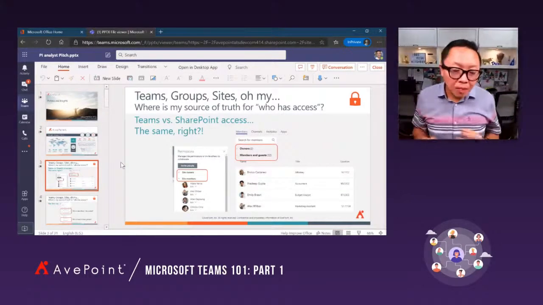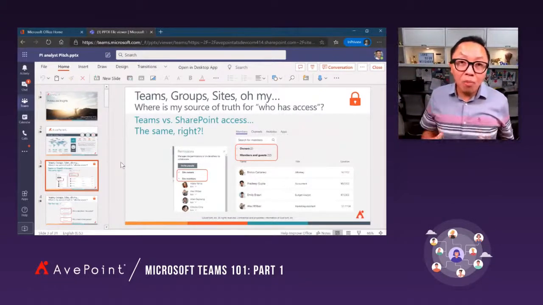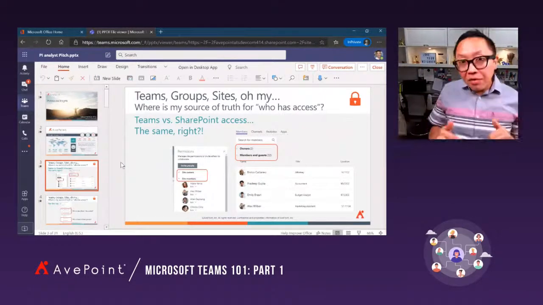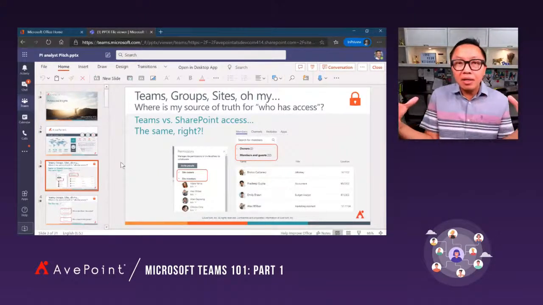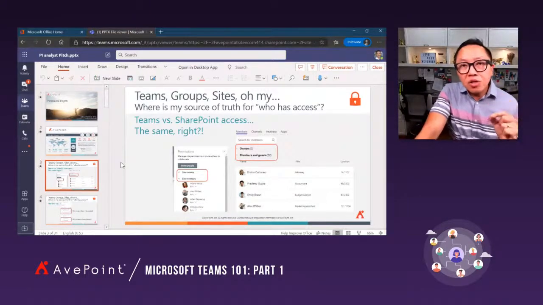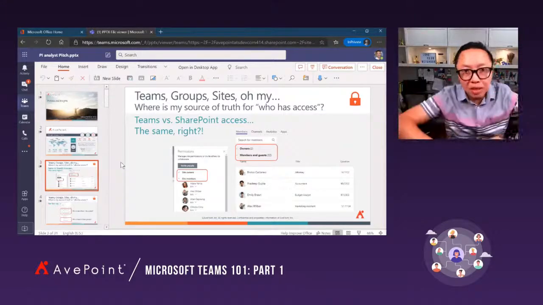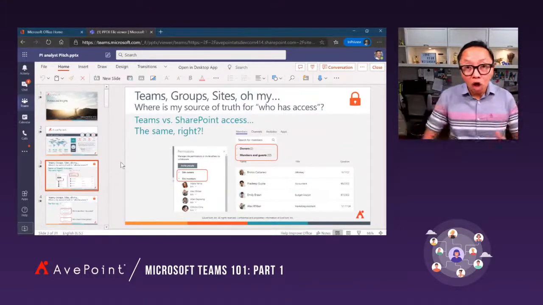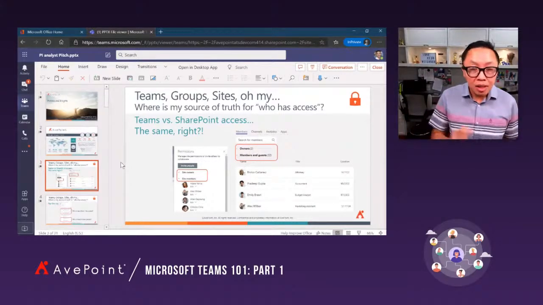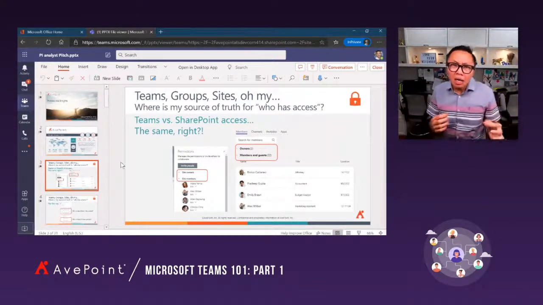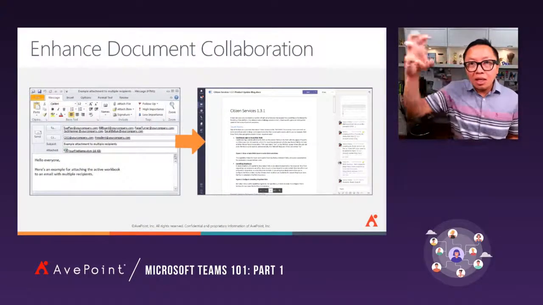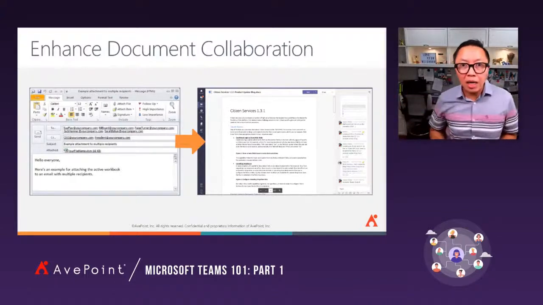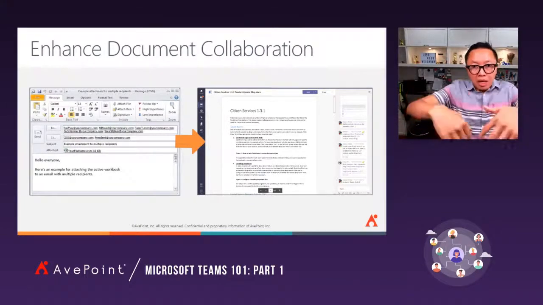But here's the cool thing. Since this PowerPoint document is living in SharePoint, which I mentioned earlier powers content services, it has a feature called co-authoring. It allows up to 99 people to jump on the same PowerPoint, Excel, or Word and work on it. Think about that. A lot of you used to pass a document around and wait for other people to work on it, or still do. What if you can all jump on it at the same time?